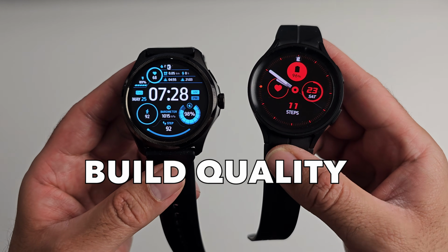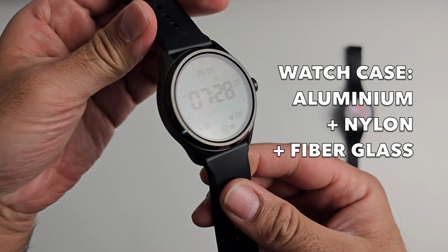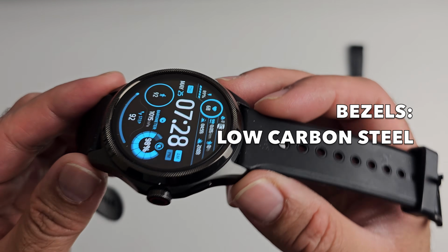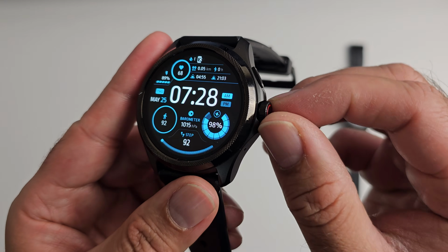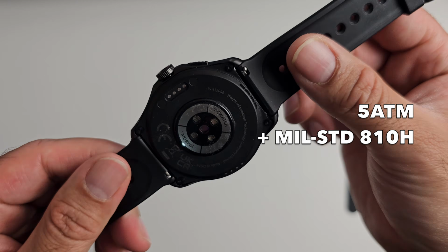Now let's talk about the build quality. The Ticwatch Pro 5 has an interesting build. The watch case is made from aluminium and tough nylon with fiberglass. The bezels are made from low carbon steel and we have Gorilla Glass with anti-fingerprint cover. There is also a rotating crown with haptics for navigating the menus, and the Ticwatch has 5 ATM and military